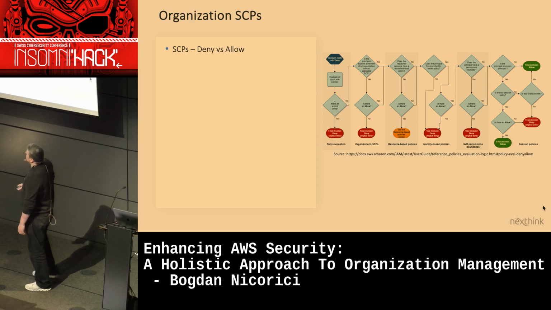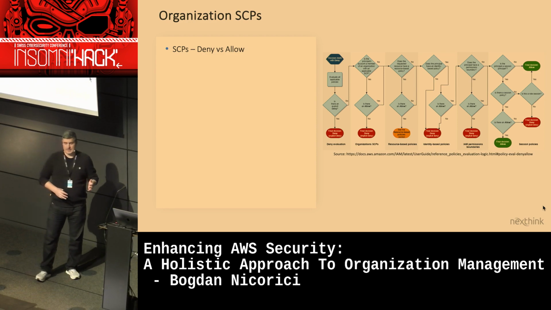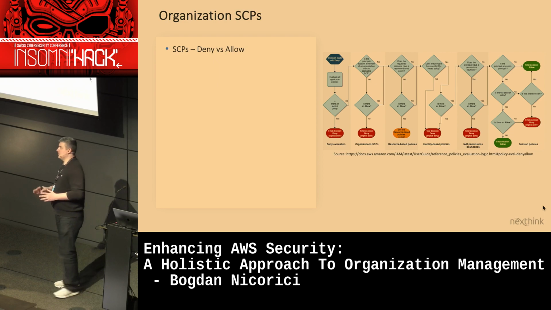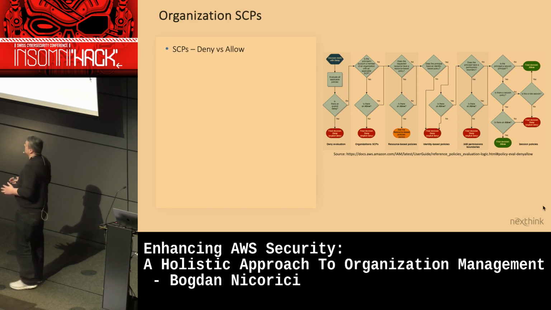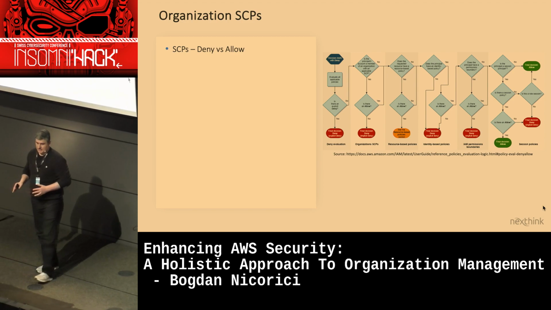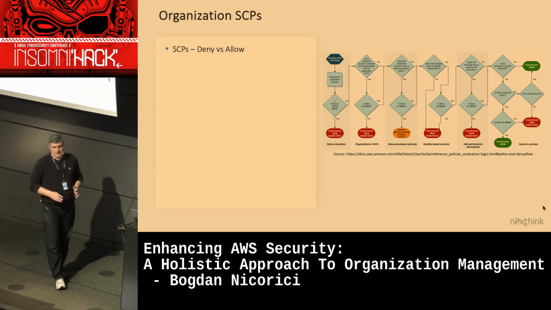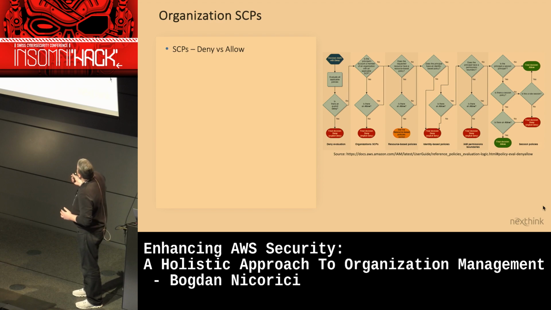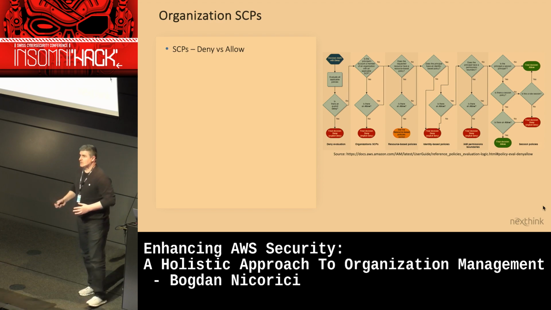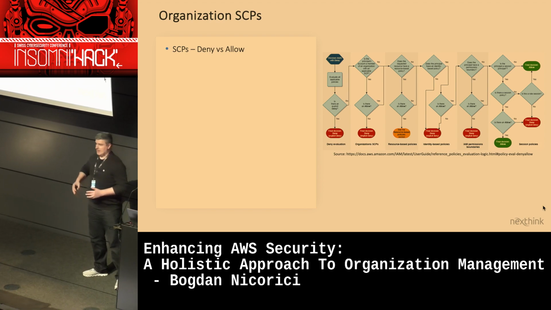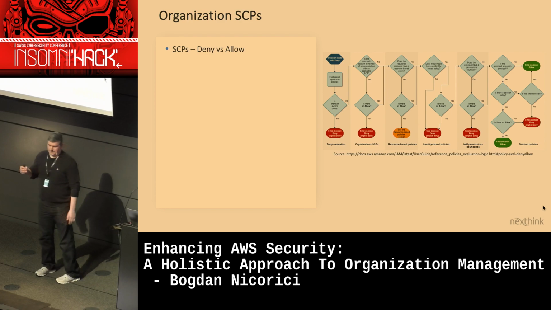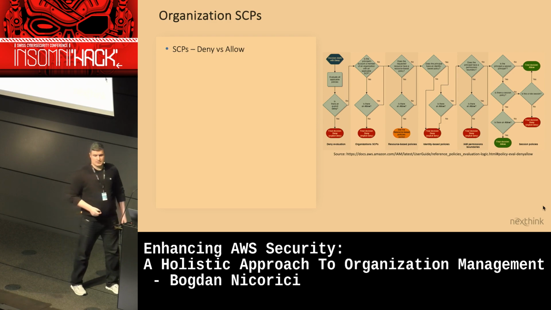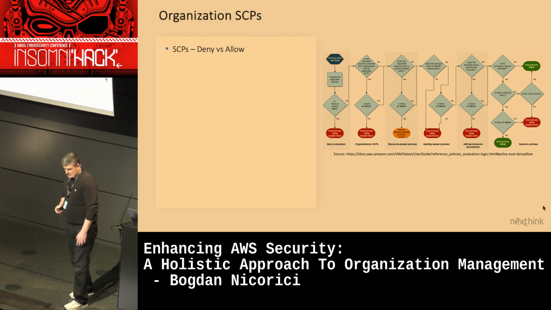The problem with SCPs is that you can have two types. You can have deny and allow. I encourage you strongly to never use the allow ones because it's very, very painful to use and it starts to become really difficult. It's better to use the deny version of the SCP. And the reason I put this here is that by default in AWS, everything is blocked. And not only that, if there's an explicit deny, even if there's an allow, the explicit deny will always win. And that's important to note when you do the SCPs as well.